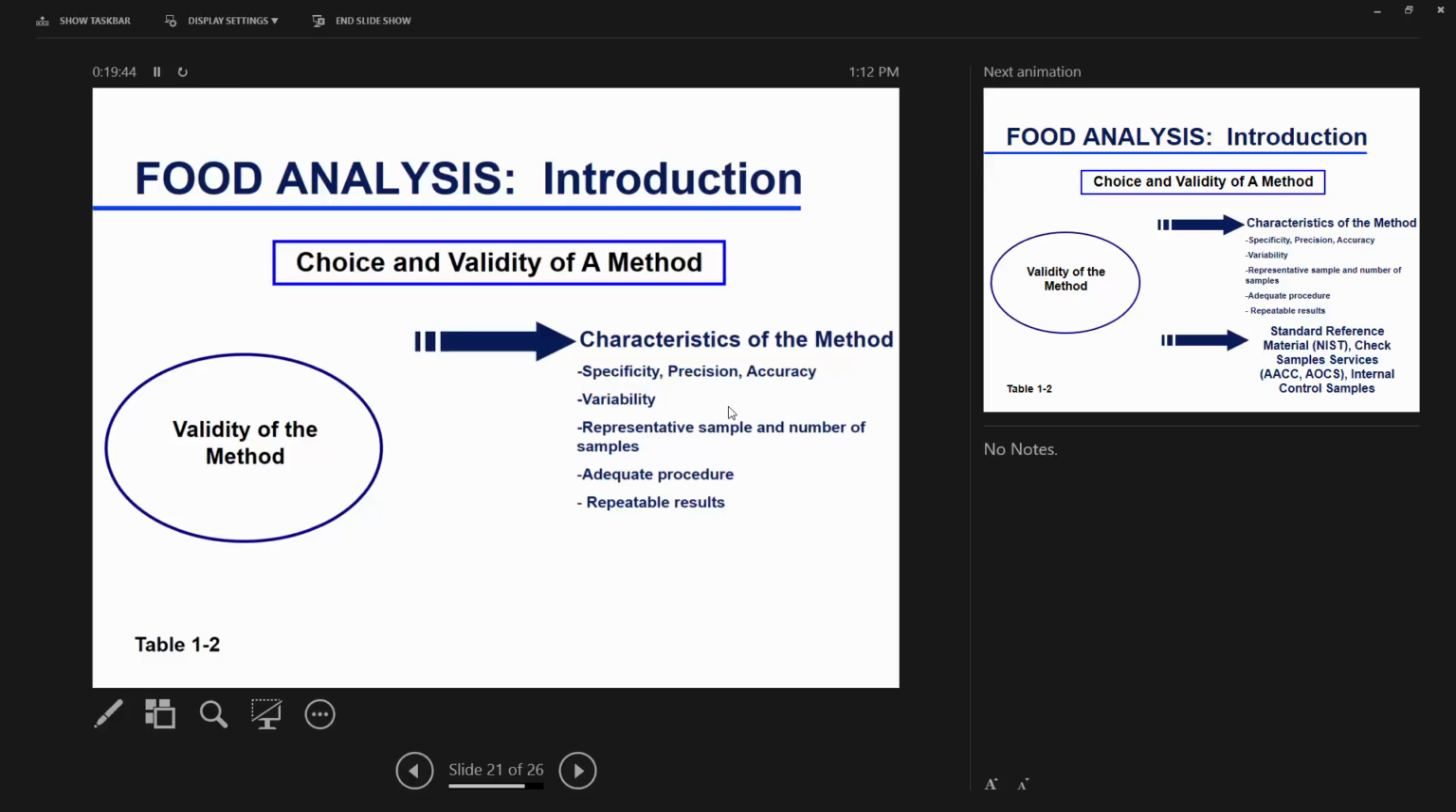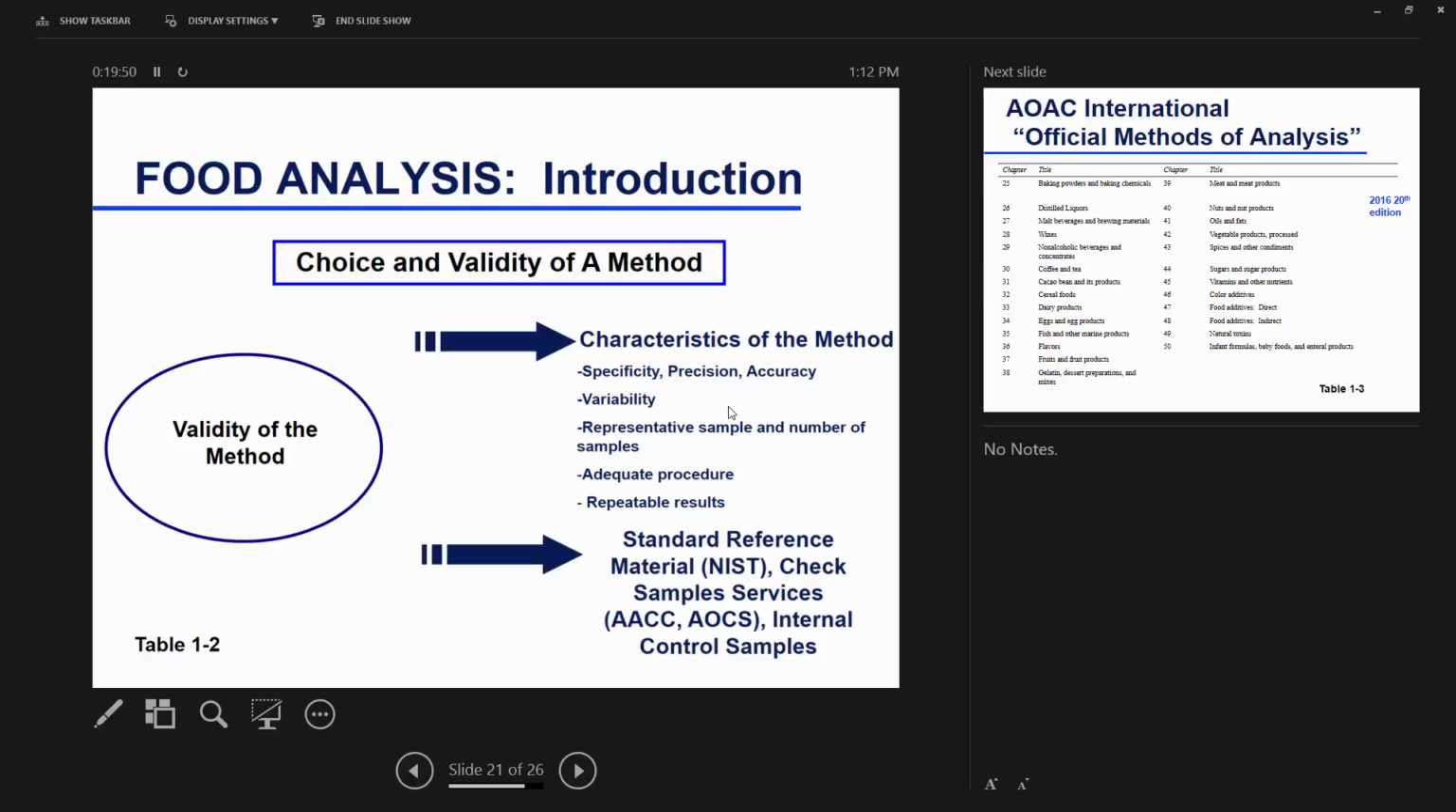Adequate procedure, repeatable results. Can you always get similar results no matter how many times you repeat your method? Also, to validate the methods, there are ways to do that. You can get reference samples or standards from the National Institute of Standards and Technology. They can send you a reference sample, and then you can analyze it with your method and determine the